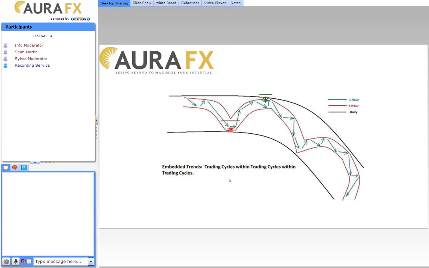We want to use that as our edge because remember, again, it's a zero-sum game. If we are buying in an uptrend, we are forcing the trader on the other side of the trade to sell in an uptrend, and now he's behind the 8-ball. We've got the numbers on our side. He or she is working against the numbers. We want to be in that in every trading situation. Okay? It is pure and simple competition.